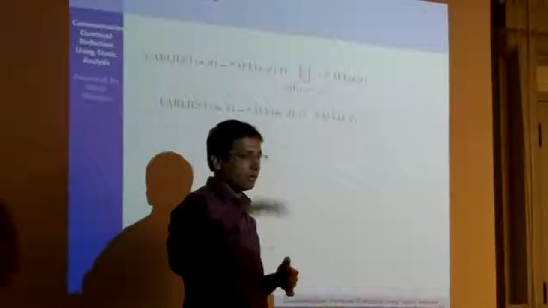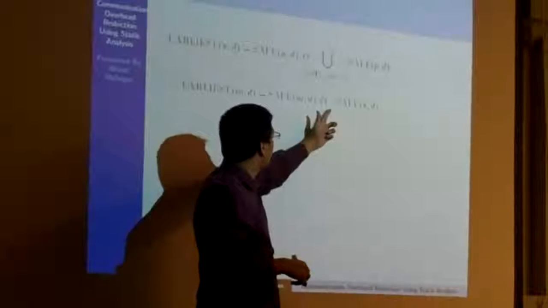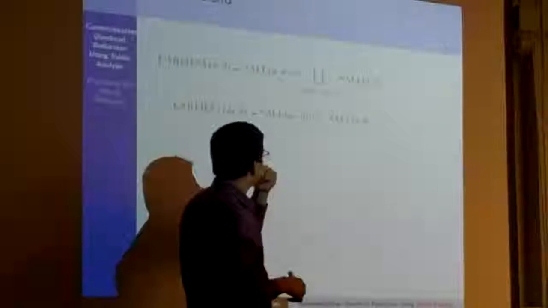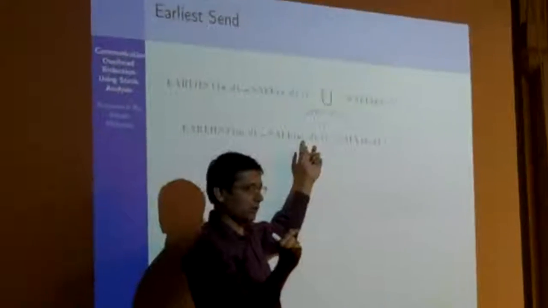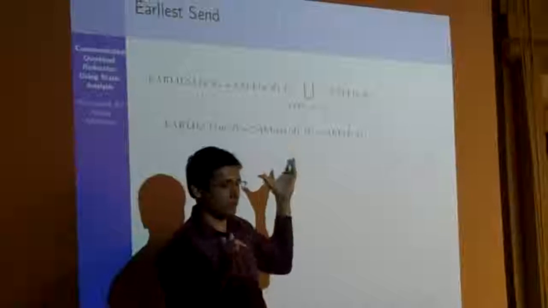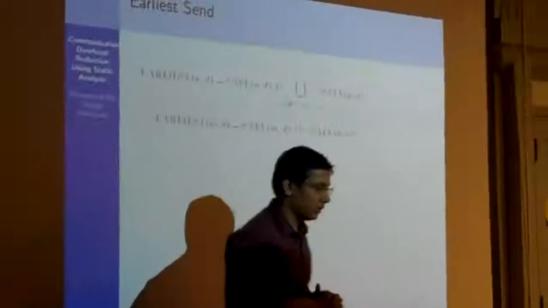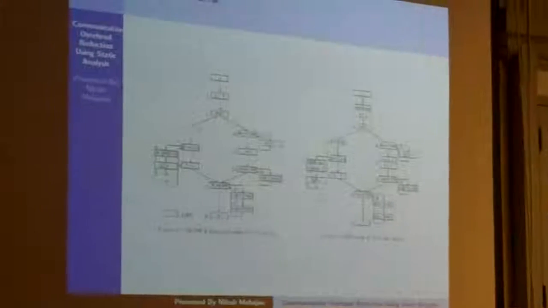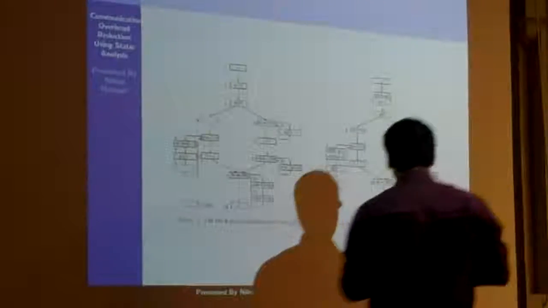So that is the earliest send. And this is again the loop condition. It is just saying that the forward edge successor in the interval of the header is a safe place to put the send. So this is the example I was talking about. Now